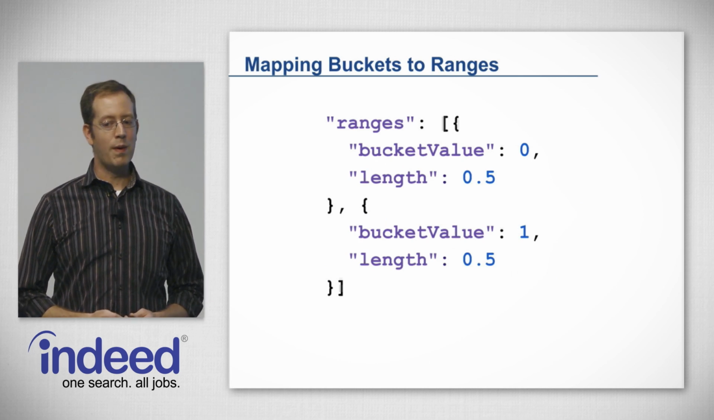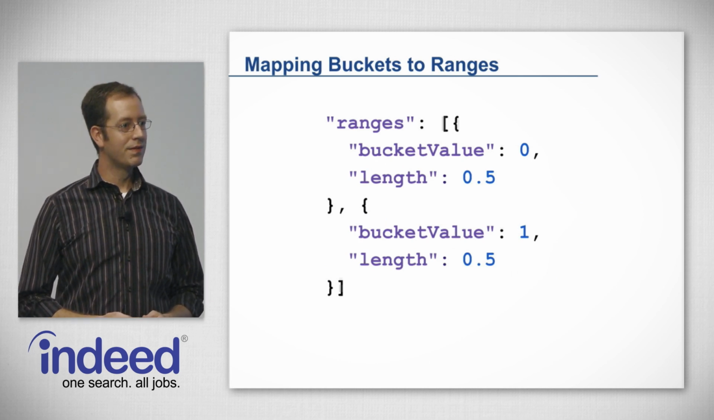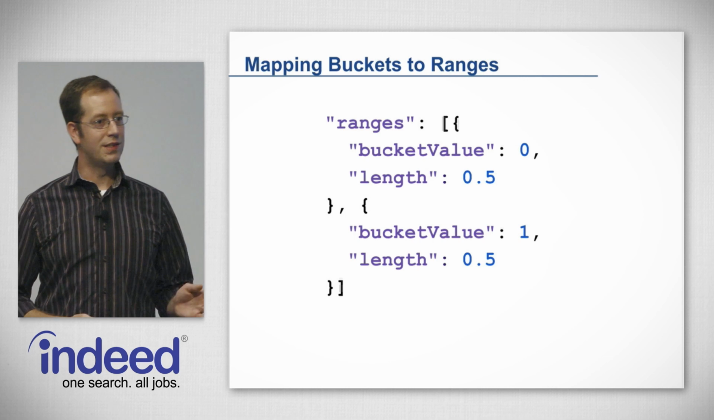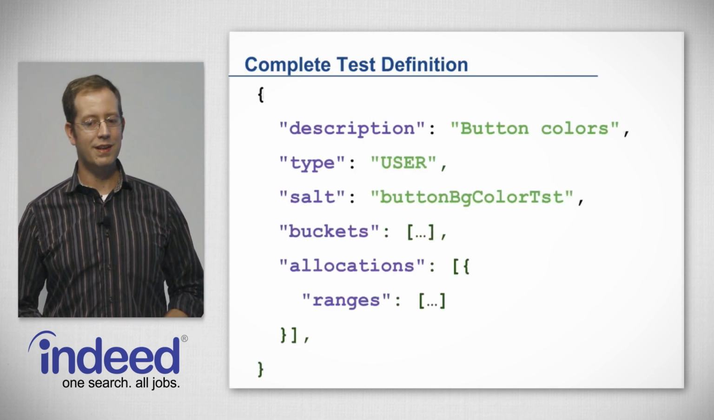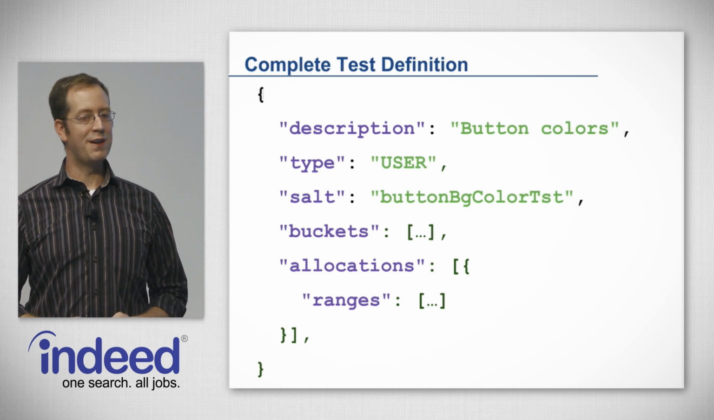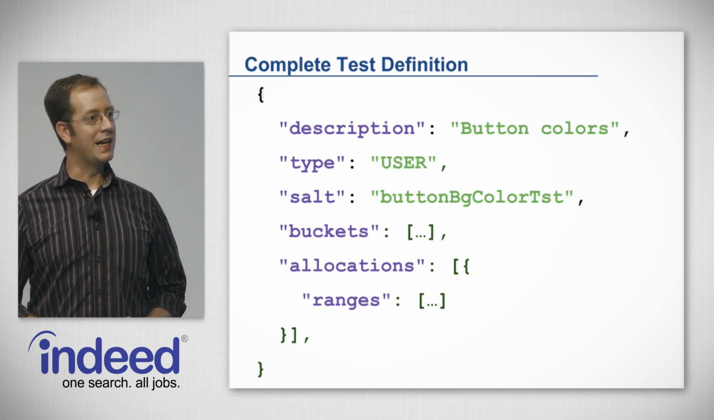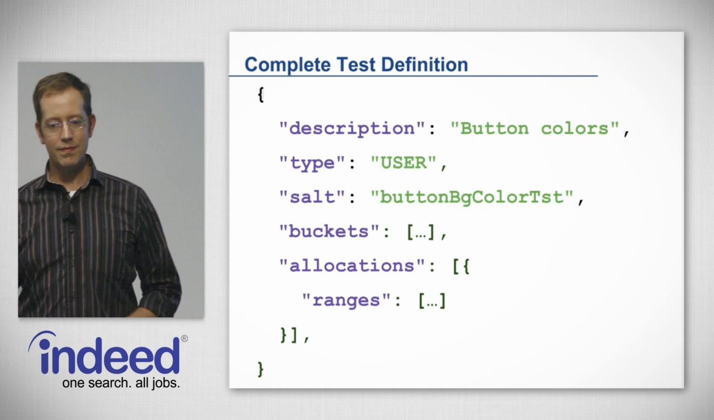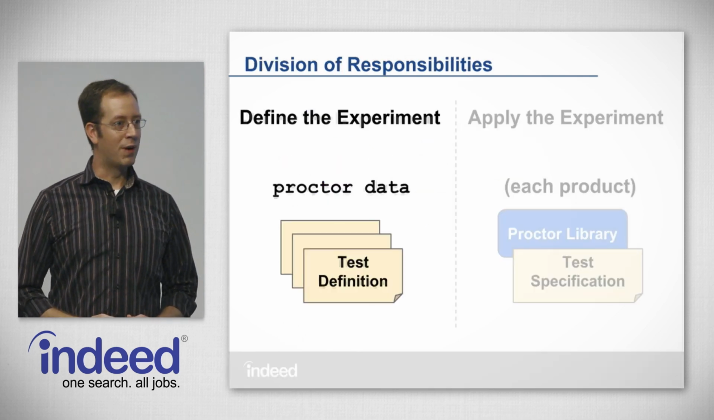The ranges where we map the bucket to its range. Again, for a 50-50 test, 0 gets 1/2, 1 gets 1/2. And that is the minimal complete test definition for Proctor. This is everything that you need to be able to run that A/B test, except for the code that runs